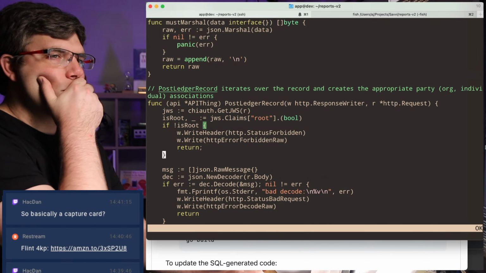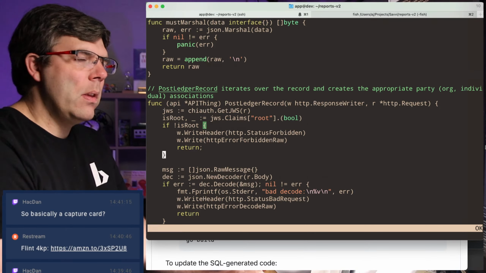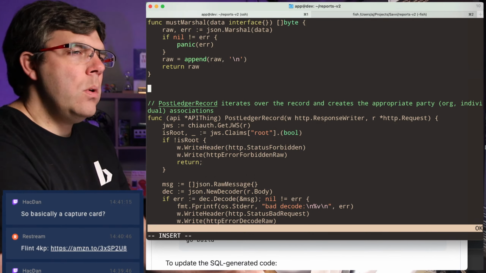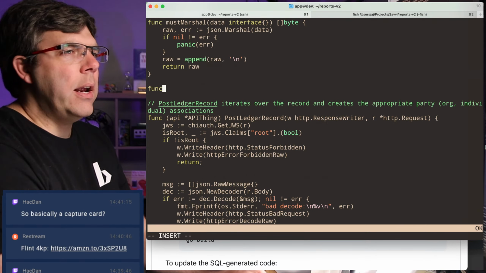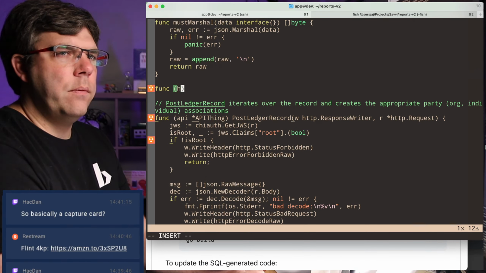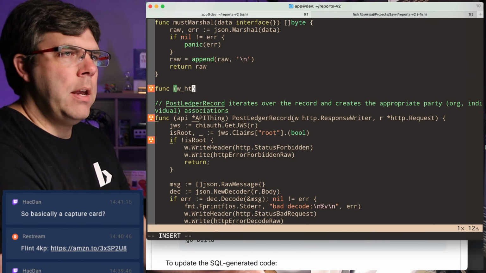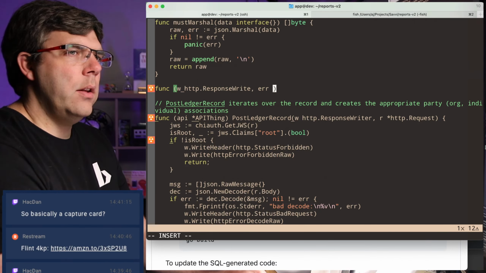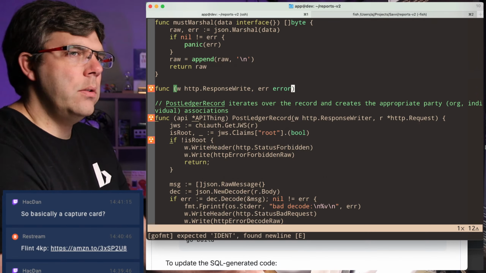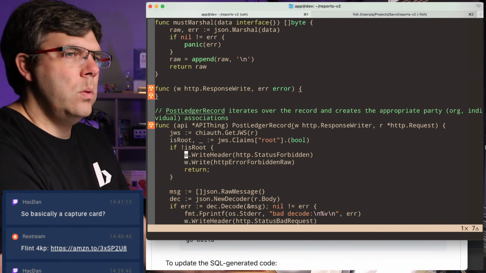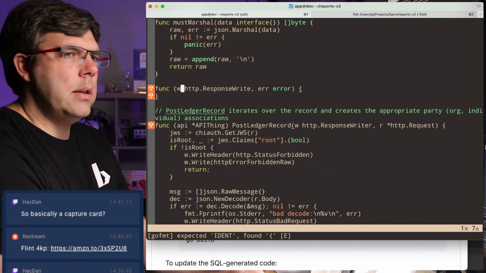What I want is more in the lines of some sort of error handler. So I could take in http.ResponseWriter and a particular type of error, and then I could do basically this.